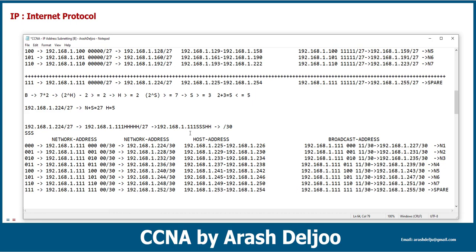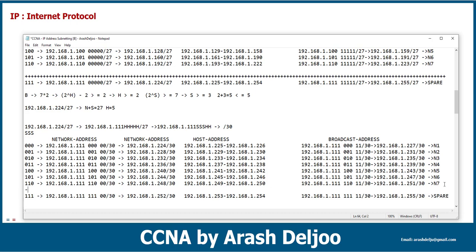That's it. Here now we have 7 networks, and let me correct that. Here we have 8 networks. You know that we need only 7 networks. Because of that, we can use the first network, 192.168.1.224/30, for network 1, and then network 2, network 3, network 4, network 5, network 6, network 7, and again now we have one spare network. We can, for example, save it for future usage. This is our design. In this design,